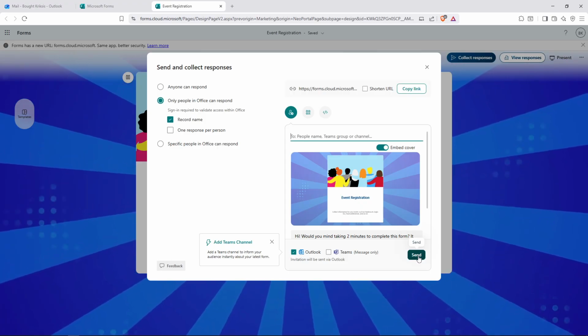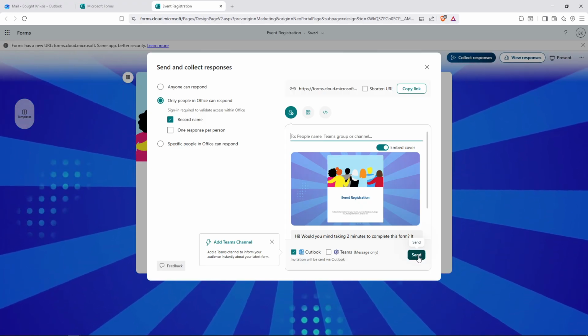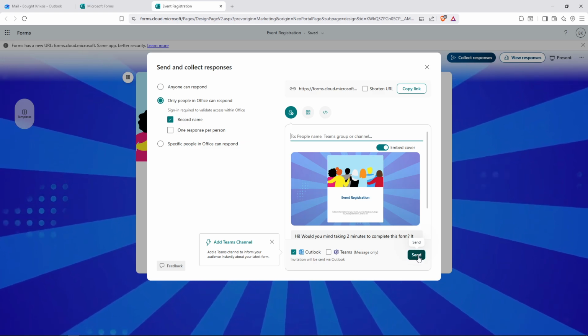And that's it. You've successfully embedded a Microsoft form into your Outlook email, making it simple for recipients to respond